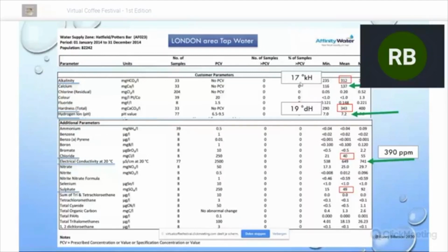Similar hardness, total hardness as calcium carbonate. So here we have 343. Converted, that would be about 19 German degrees total hardness, or 19 grains per gallon. It's quite close to each other. pH is of interest, 7.2, as noticed positively. And technically, we're also going to look at